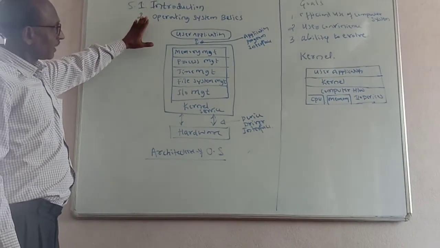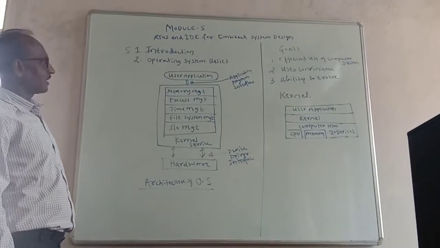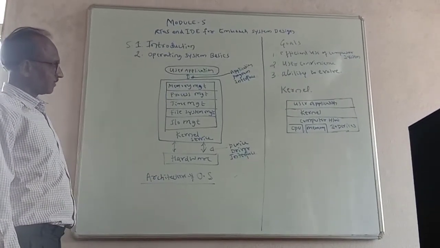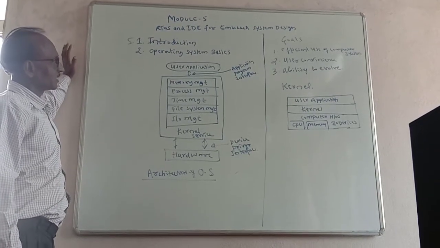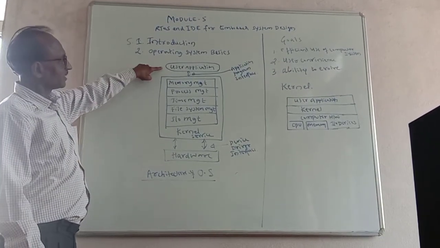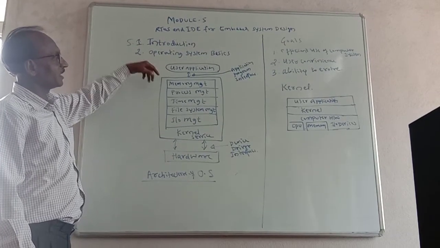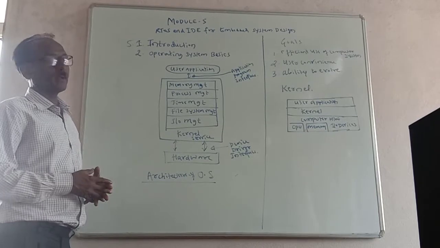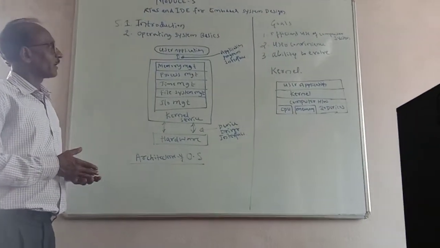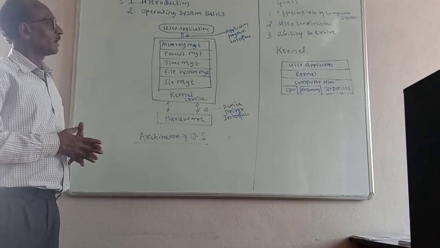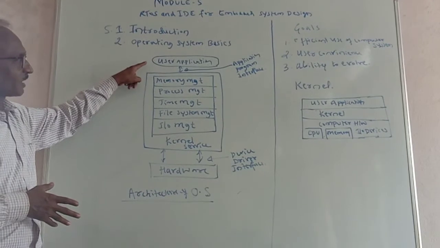Basically, what are the basic steps to design this operating system? Generally, this is the basic block diagram of RTOS, operating system basics. In the first case, we are using the user application. User application means you can apply any application in any language, any high level language or low level language, or machine level language you can use. That is known as the user application.